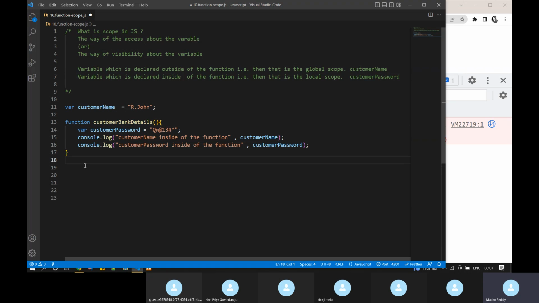Now I'm going to call it. I can say get, that is the keyword, get customer bank details. So now I'm calling this get customer bank details function. Now let me call that. So after the call,